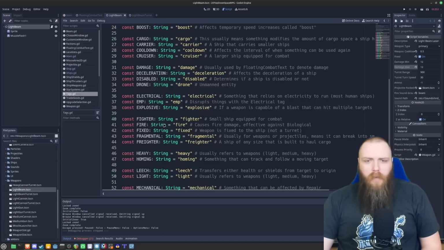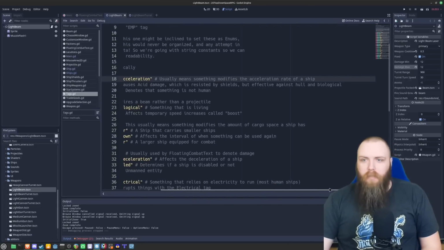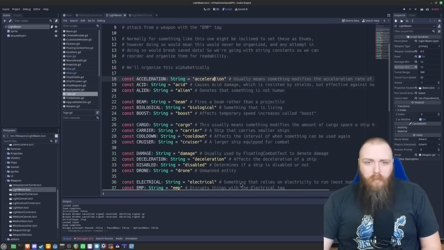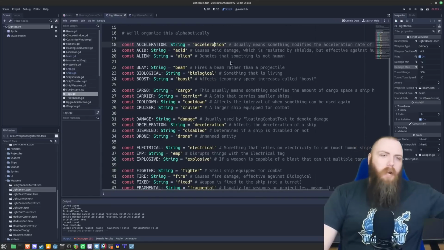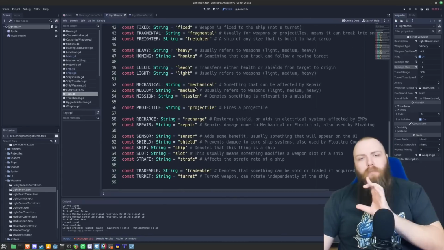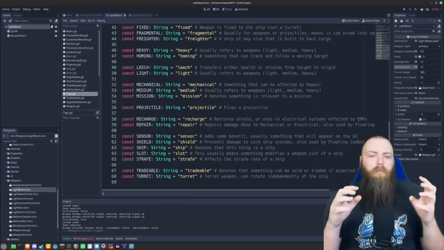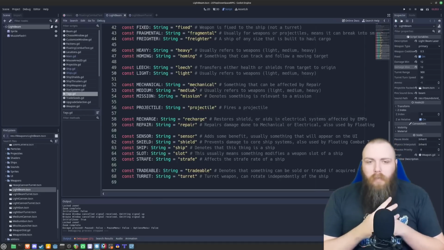So different types of damage. There's fire damage, effective against biological maybe. There's acid, which can be resisted by shields, but effective against hull and also biological, maybe. Alien denotes that something is not human. Beam fires a beam rather than a projectile. All of these different tags don't explicitly do anything themselves, but when I'm programming various behaviors and interactions, I can leverage tags